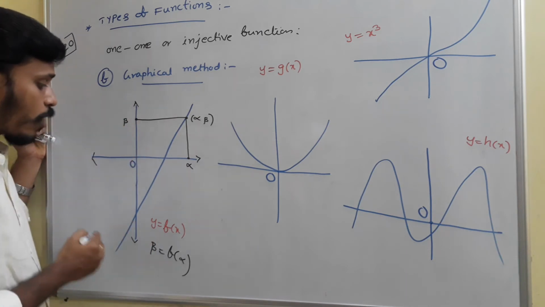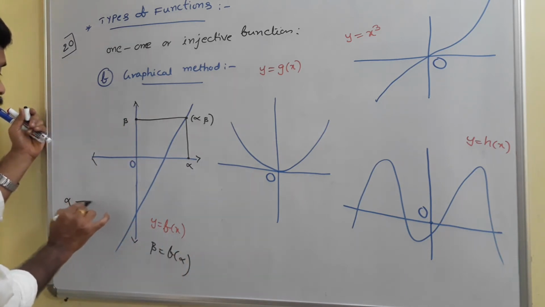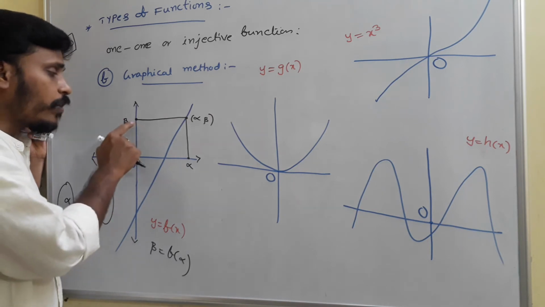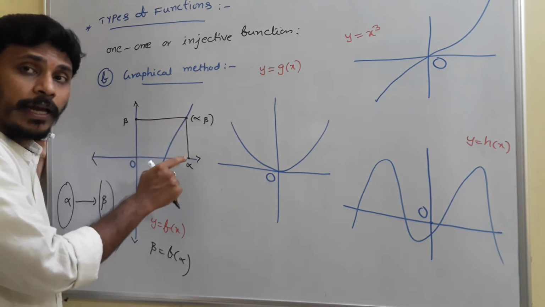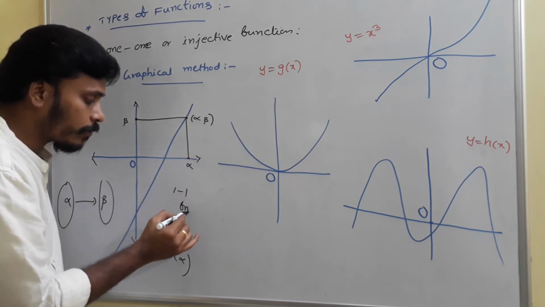When you sketch an arrow diagram, beta is equal to f of alpha just represents that alpha is connected to beta. This is the domain and this is the codomain. So, if you start with one element of the codomain and you get one element of the domain, then we say it is 1-1. This is a 1-1 function.